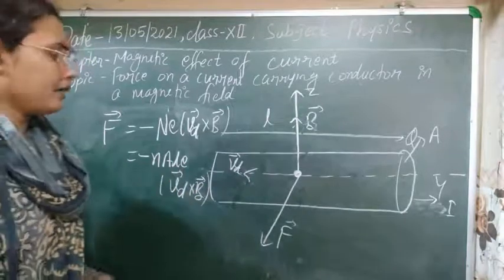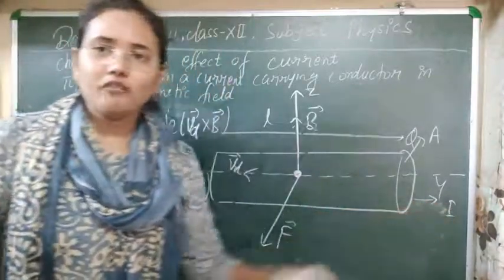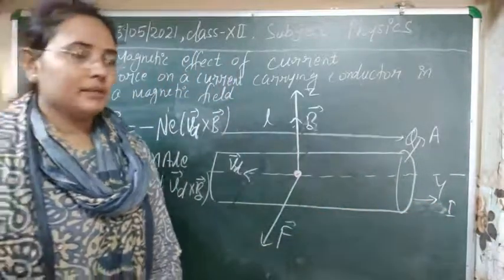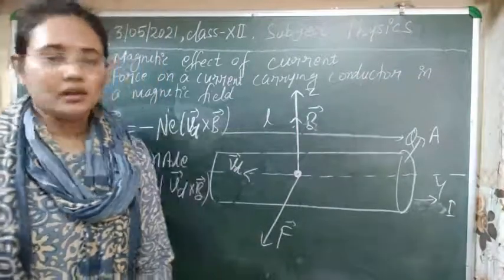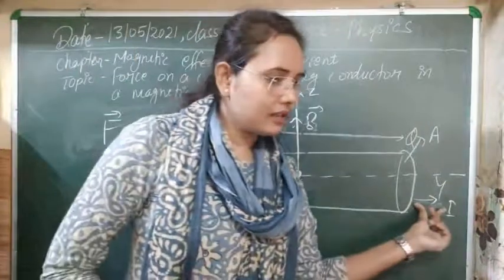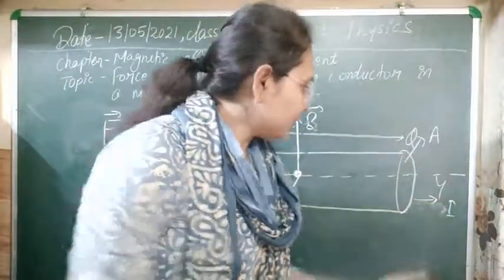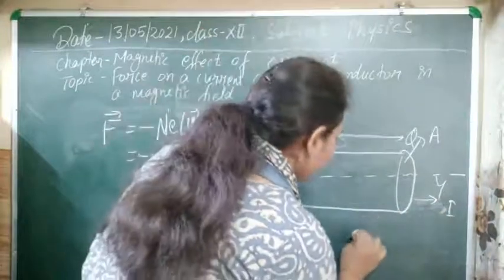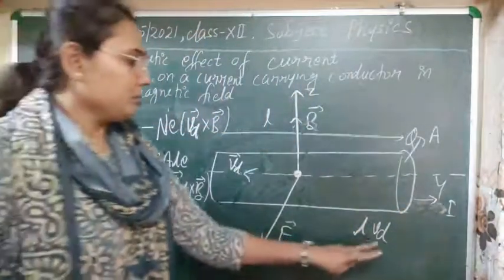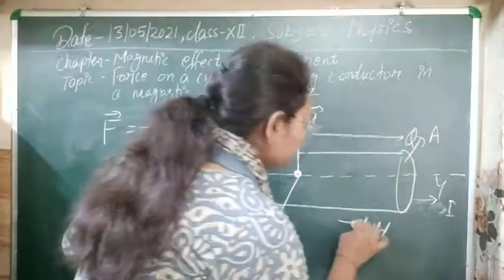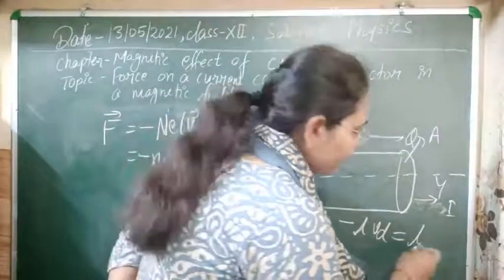And now if you look at the direction of the line element, you know that the line element is along the direction of the current. So in this equation the line element can be given by the expression I into L into Vd. If you see that, minus L into Vd can be written as equal to L into Vd here.